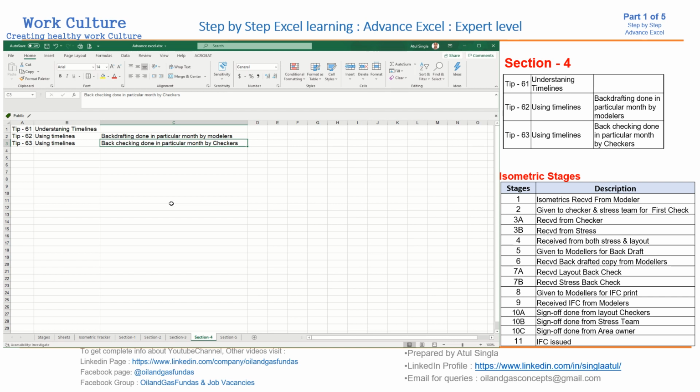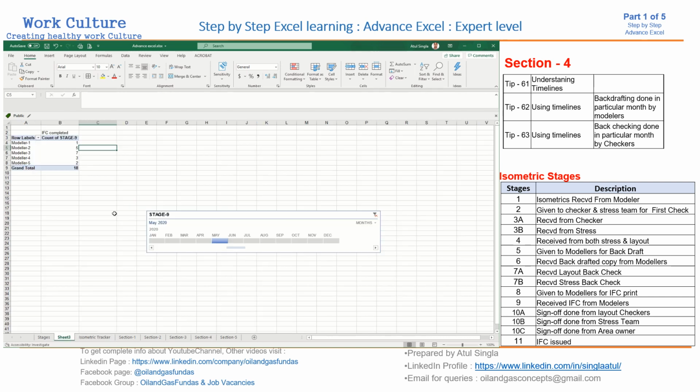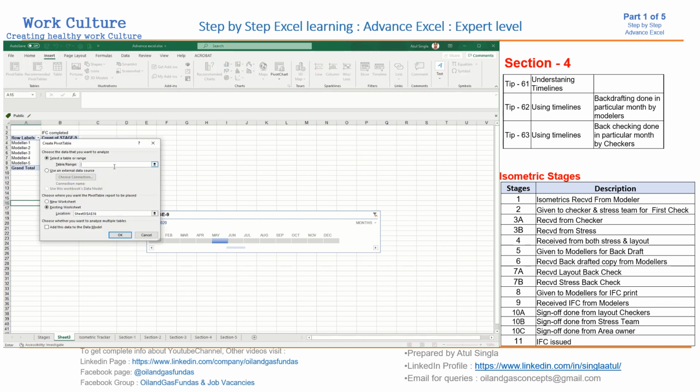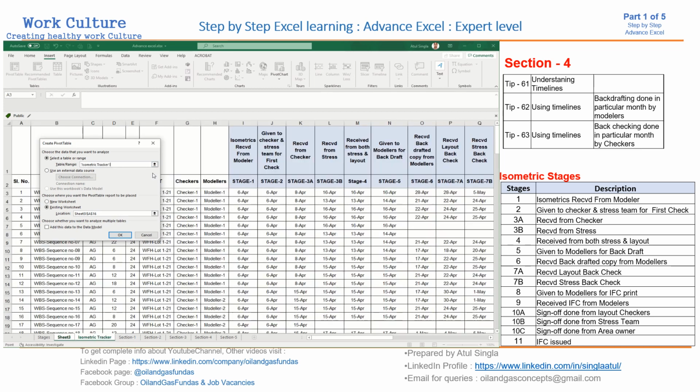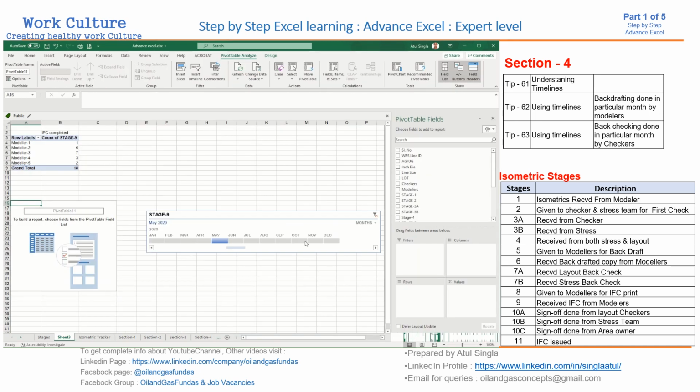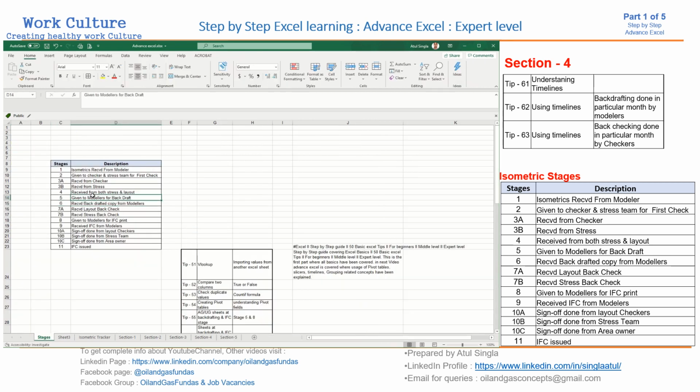Okay, the same thing you can do for checkers also. It is very easy. Again we'll go back to this only. We'll select Insert, Pivot Table. It is asking for the database. The database is here. Control Shift Right, Control Shift Down. Selected the database. Okay, then again you can check the column Checkers and see which stages you want.